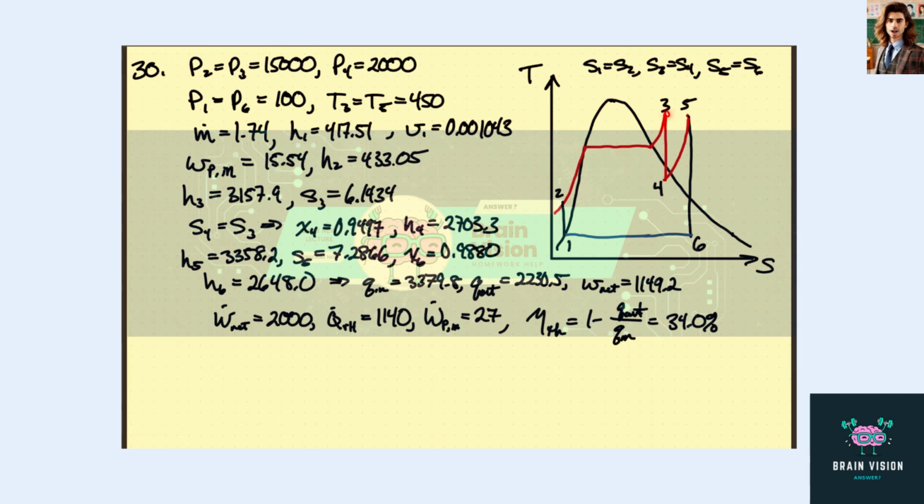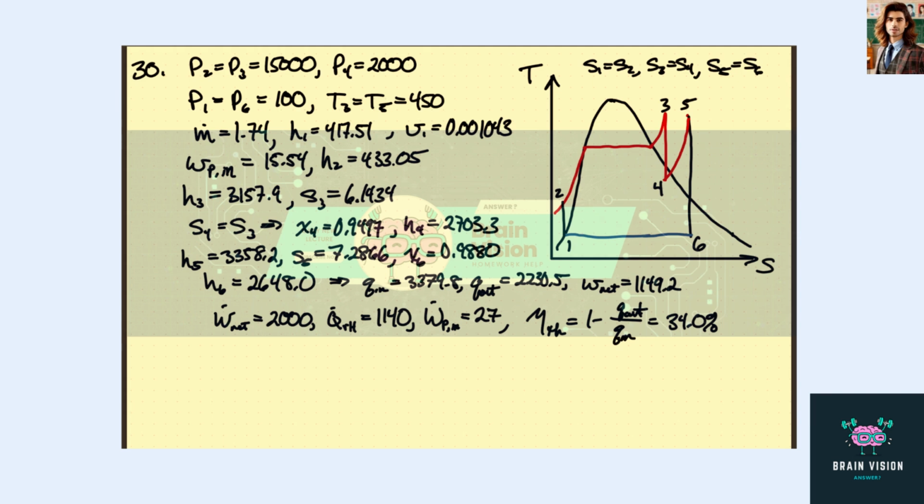So the high pressure turbine, we know, is ideal, and so is the low pressure turbine. So now we have S4 because it's equal to S3, and so now we have S4 and P4, so we can get H4,